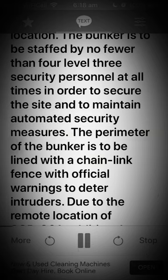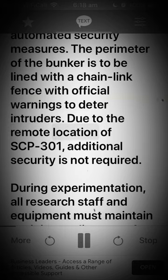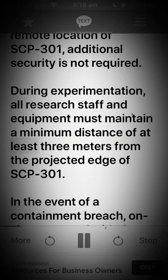The perimeter of the bunker is to be lined with a chain link fence with official warnings to deter intruders. Due to the remote location of SCP-301, additional security is not required. During experimentation, all research staff and equipment must maintain a minimum distance of at least 3 meters from the projected edge of